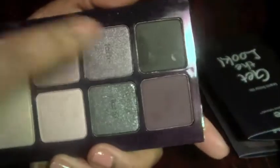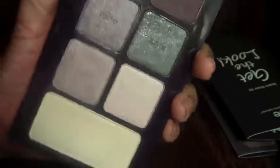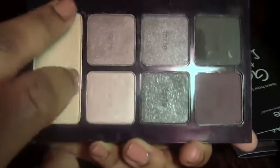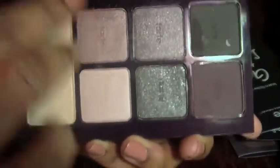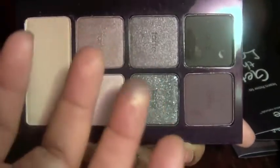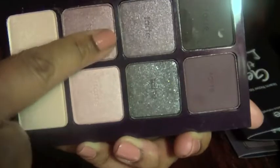I tried my best, because I've been using these on my face, to not go over the word Tarte, just so it could still look official when I did the review for you guys. It was really tempting because I just wanted to do a quick sweep across, but I managed to preserve the Tarte word. I don't know the names of these colors because they're embedded in the casing itself, so I don't know what the names would be of these different ones. Sorry, because I used that finger already. All right, so I don't know what these different colors would be named, but I can tell you,